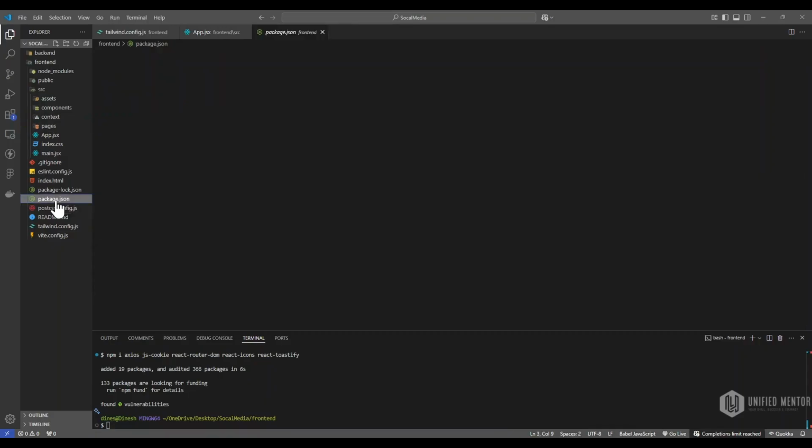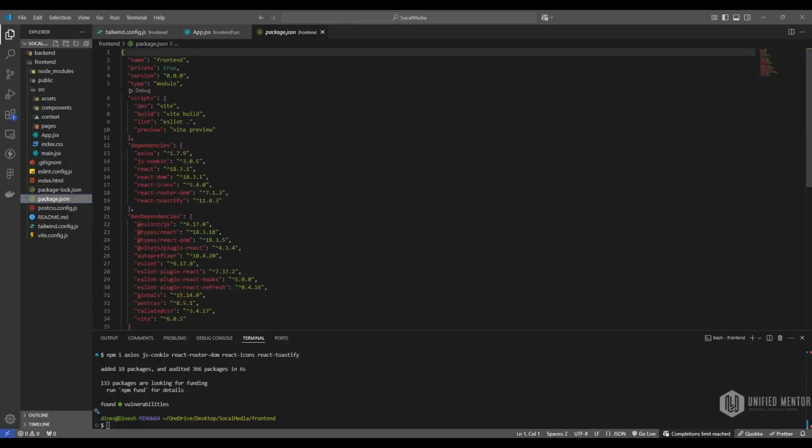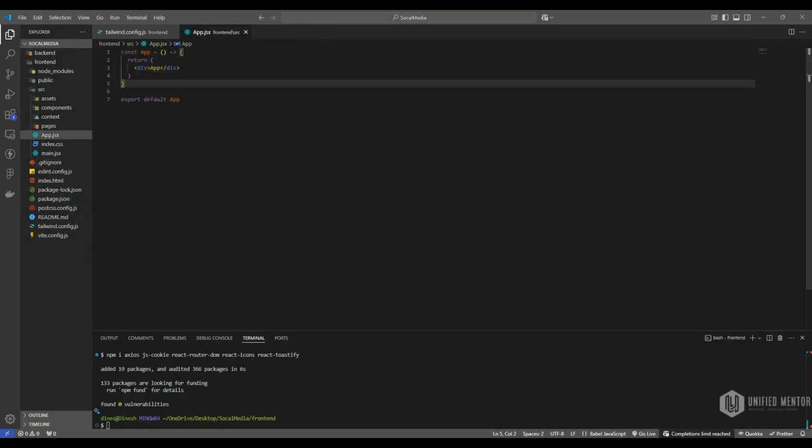Let's come to our package.json. As you see, we have js-cookie, React Icons, React Router, and React Toastify. Our packages have been installed. Now let's structure our components, like which components we require. Okay, we'll create some files here. Add post component